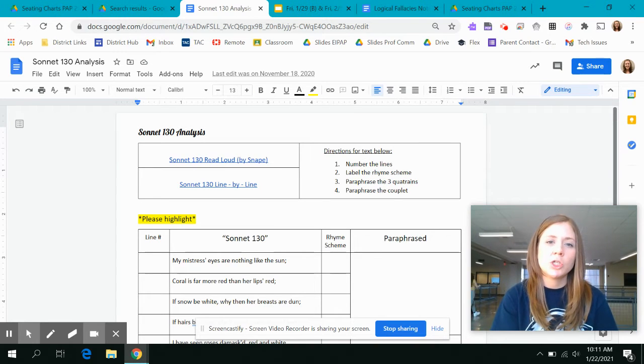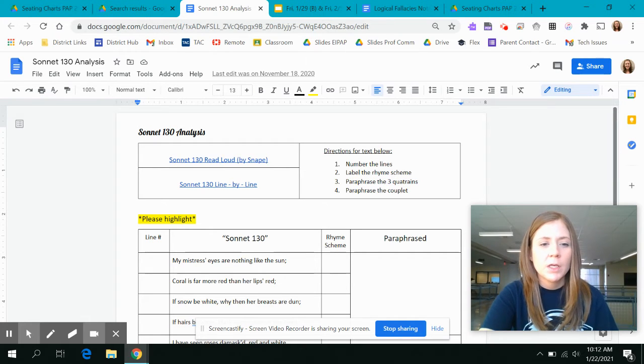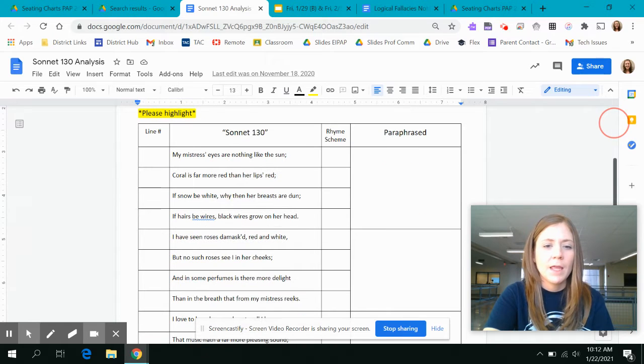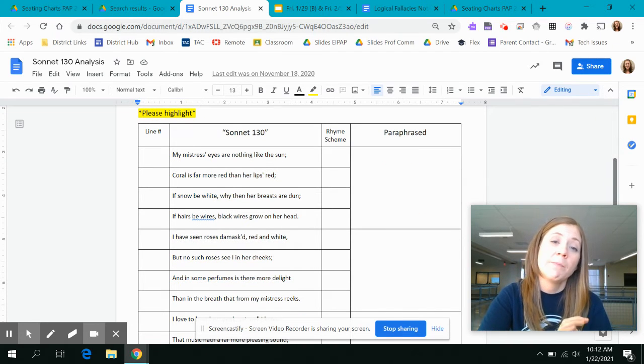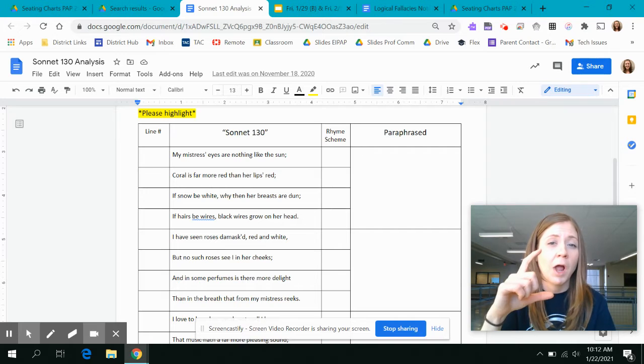And what we're going to do is read the sonnet. We're going to try to understand what it means. We're going to label that rhyme structure and break down what he excelled at, which was writing poems. So you have Sonnet 130 here below. And you'll see that I went ahead and broke it off into big chunks. So these 4 lines are going to belong to one rhyming chunk. And that's called a